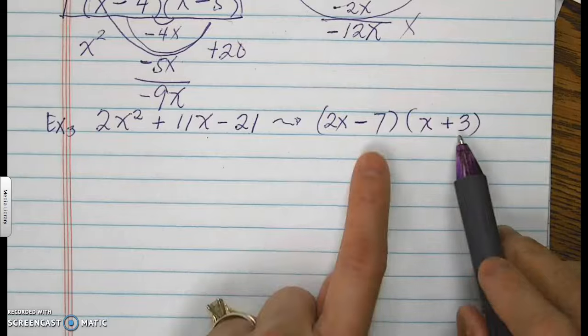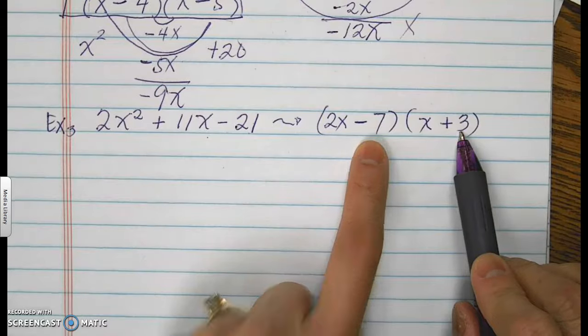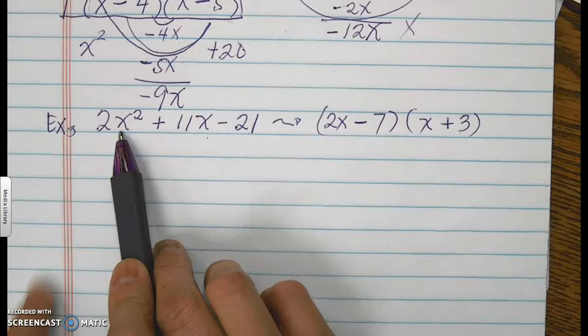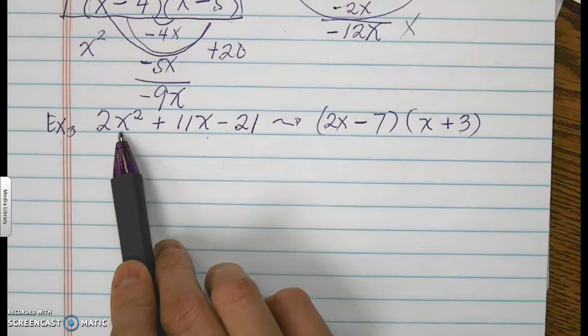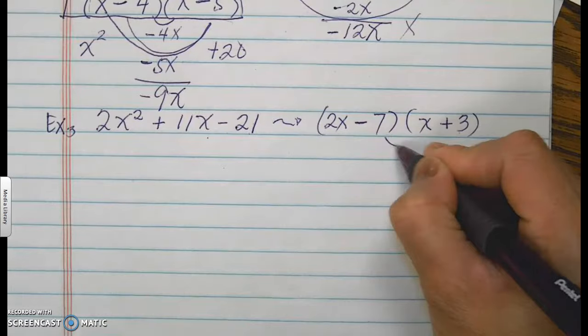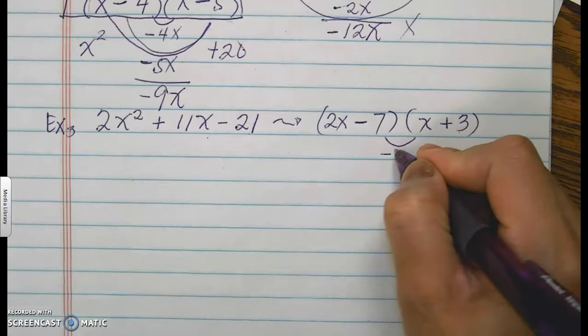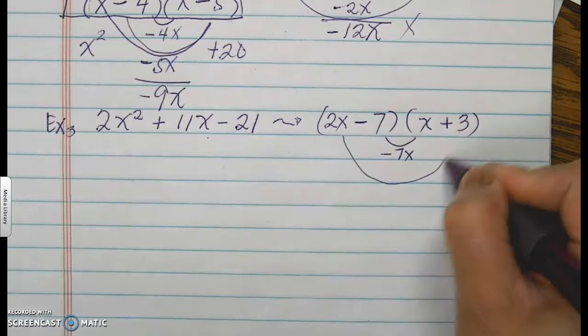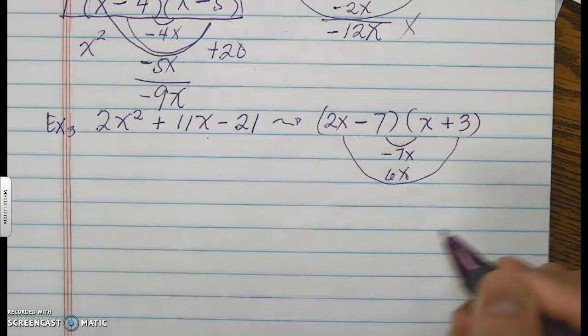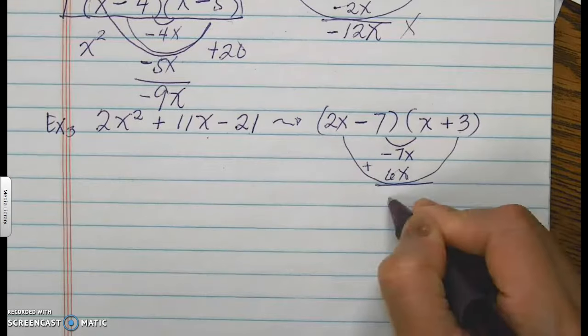I know that this is going to come out as a negative 21, and this is going to come out as positive 2x squared. My concern is the middle term, so I'm going to do this. Negative 7x, and that is a 6x. If I add them,